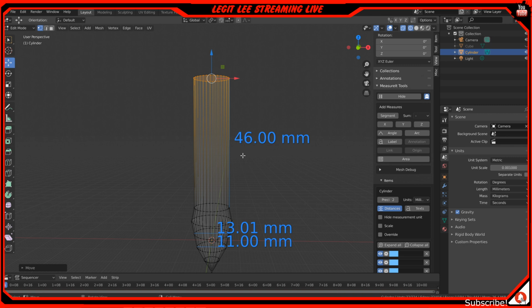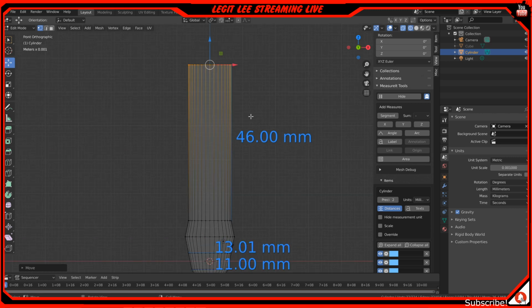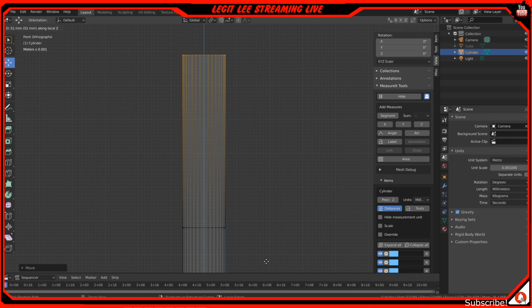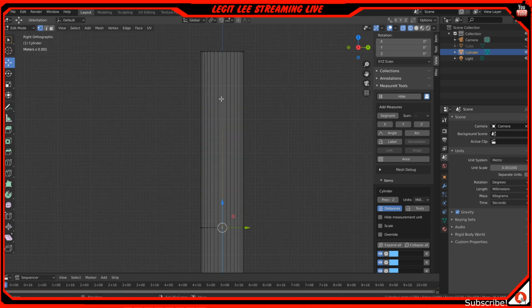This goes down to, let's see, another from 45 to about 94. So we're at 94 now that we have to extrude from. So if I do another extrude, hit E on the Z, we'll pull up, go right here. And then again, we're going to select that vertex and that vertex, hit segment,